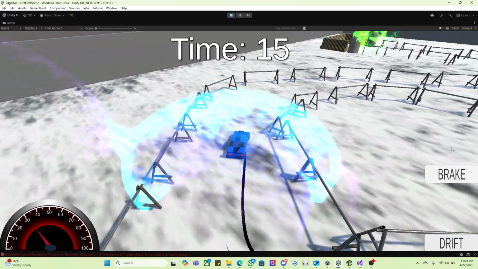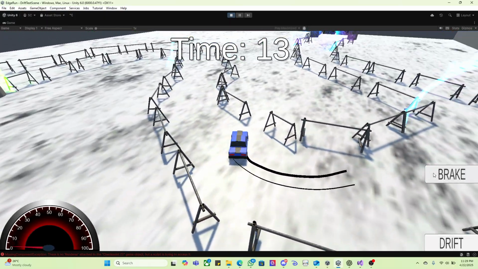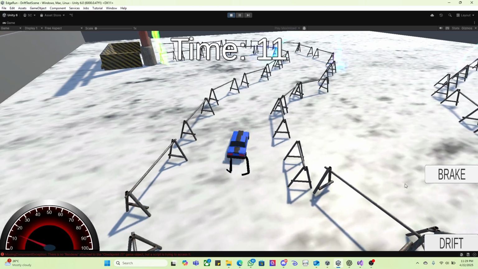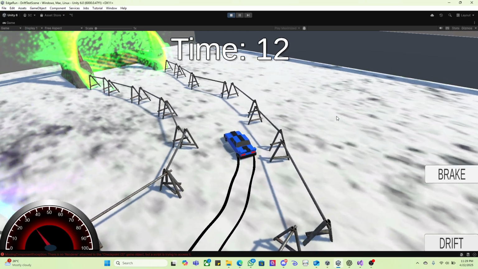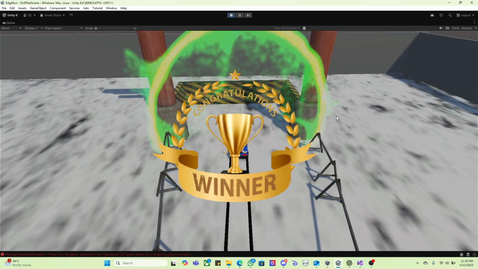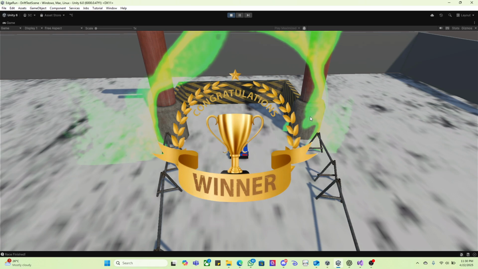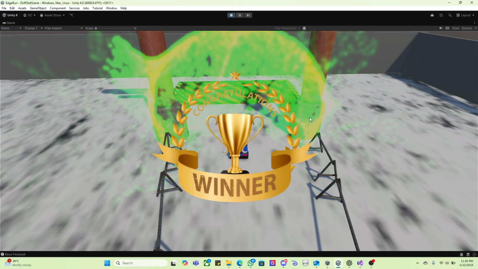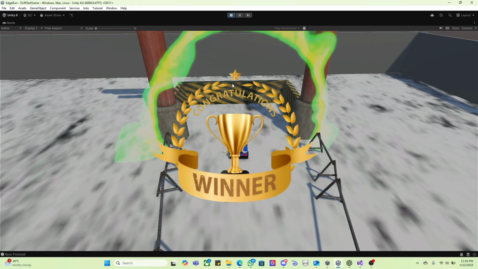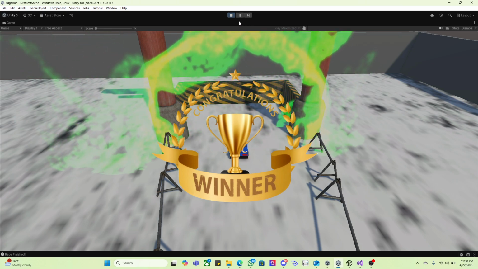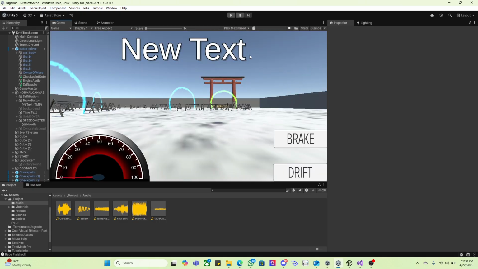You can see the speedo on the left side when I brake. The speedo stops. If I turn and start back, the car accelerates. And when you win, I get that. I had some fireworks shoot up here. I don't know why they're not shooting up right now. Probably need to change the collision. But yeah,